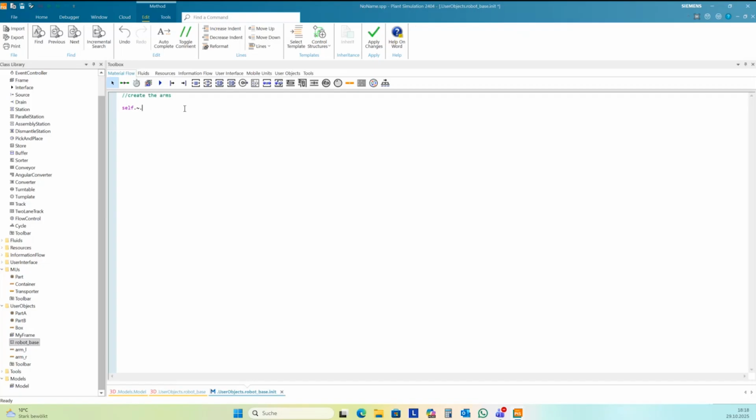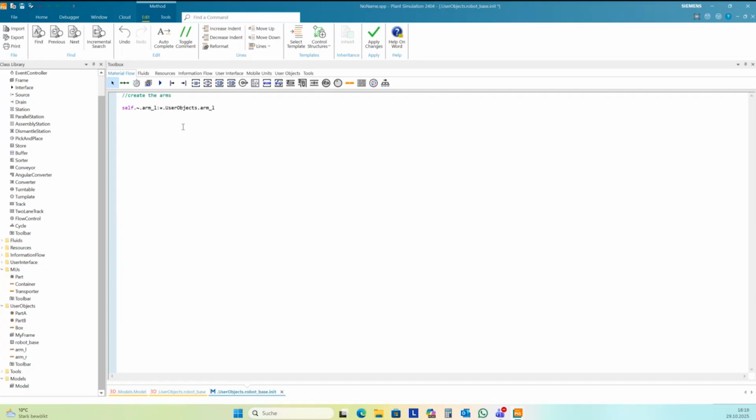I want to save the link to the arms into my user-defined attributes, and I need to address this based on this init method, so I need to address this with self location or self dot tilde. First arm L, and this you can drag from here to here.